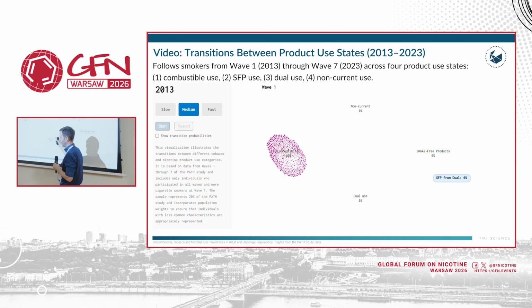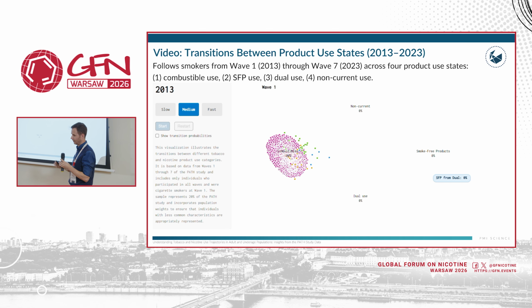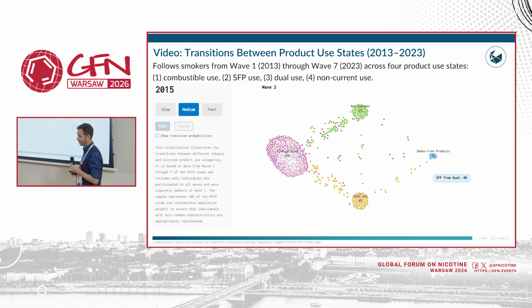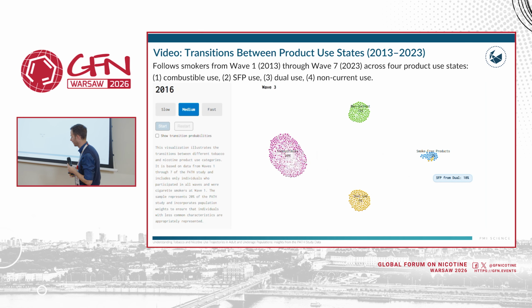and most of them became an electronic cigarette user through a period of dual use. During this time, again, all of them were smokers. More than half of them switched to exclusive smoke-free products use through a transition of dual use. And what does this tell us? That it takes time to switch to exclusive smoke-free products.